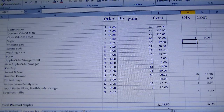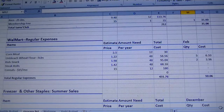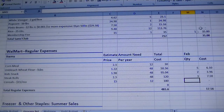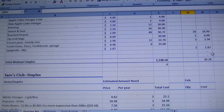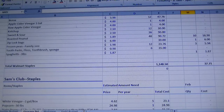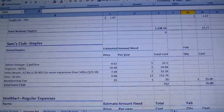That's all I need. So now let's go down, and I believe I saw steak roll somewhere, and I didn't put anything here. In fact, this price for the steak roll might change, so I might put $2.50 here. And if we can get, why not 3? And as you can see, I have this $35 here, but I'm not sure I will spend that, but I'm just going to account for it so that I can save for it. So that's $37.71. My staples from Walmart, that's just one category here,